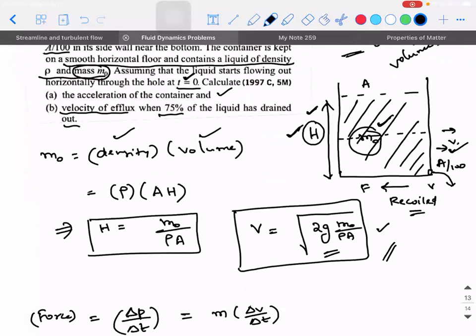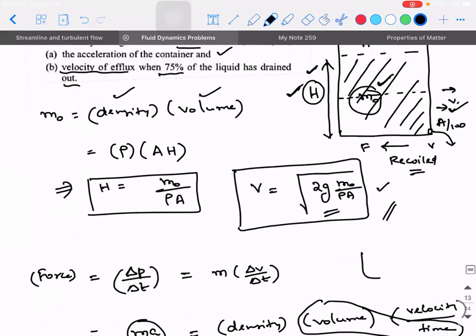Guys, it's very simple. You have a water can at house, right? When you keep a can on the top of it, you get a can from outside, right? You will have a small dispenser at the bottom to which a tap will be connected, from where water will come out. On top of which you will have a water can like this. Okay, something like this. When the can is completely filled, when you turn on the tap, will the speed of the water be more or less when it is getting filled in your bottle?